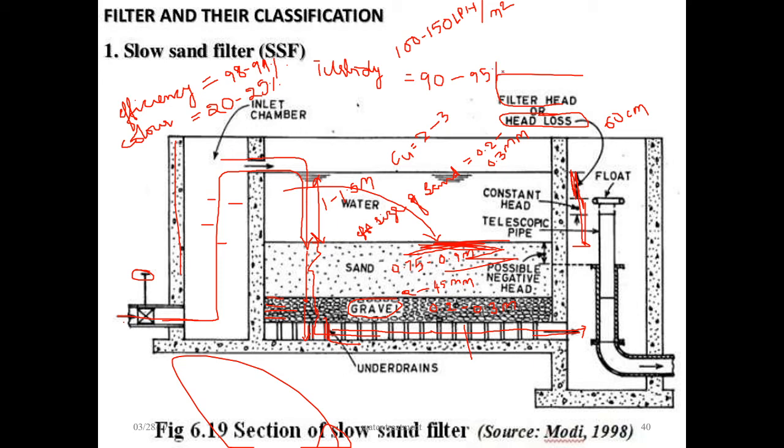Okay, so these are the specifications. The process requires more area and the rate of filtration is very low, therefore they are not usually used in the urban areas. This requires a lot of place, so it is not perfectly fit for urban areas. Why? Because it occupies larger area and the rate of filtration is also very slow. Flow control is achieved by means of float controlling valve or by direct control of flow lift pumps. Okay, this is regarding the slow sand filter. Understood?